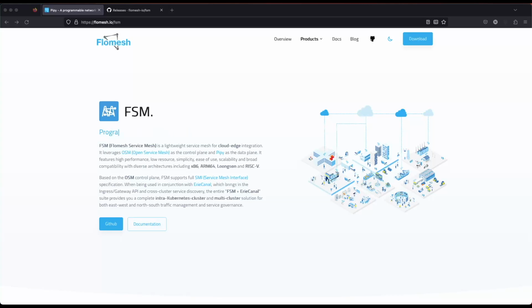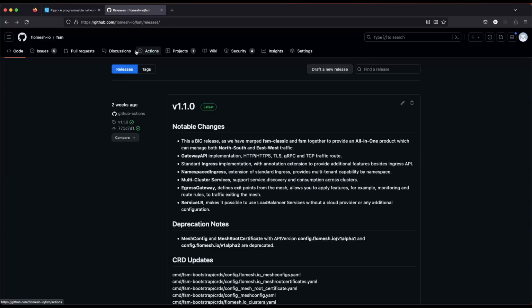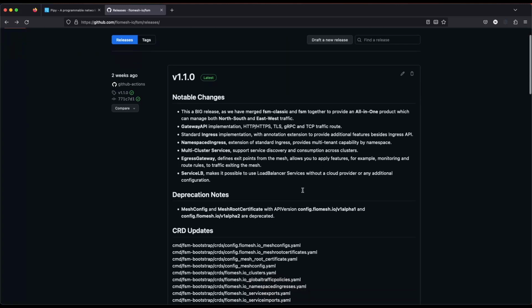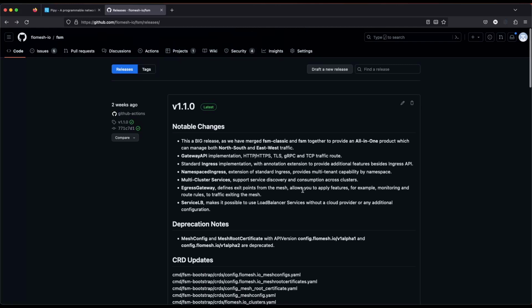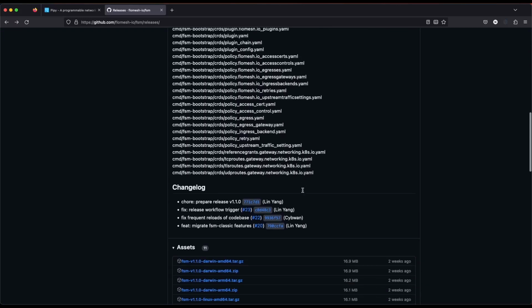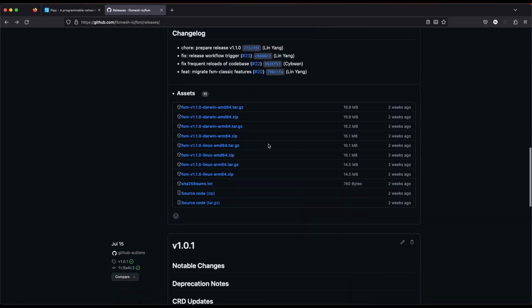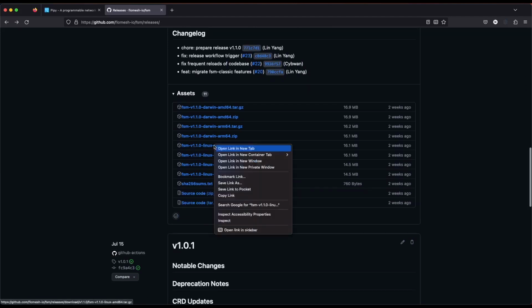So let's get started. To start with, we need to download the FSM CLI that is available on GitHub. Navigate to the Flomesh IO FSM repo. Move to the releases page, and here we'll just download the latest one. The current version is 1.1.0 and we'll be using that one. It offers multiple platforms, but my VM is running on Linux on AMD architecture, so I'll be downloading that one. I'll just copy the link